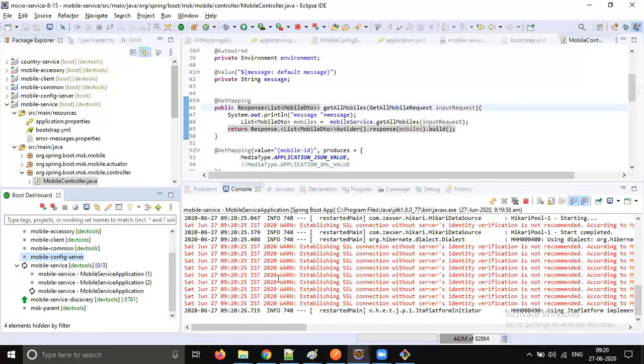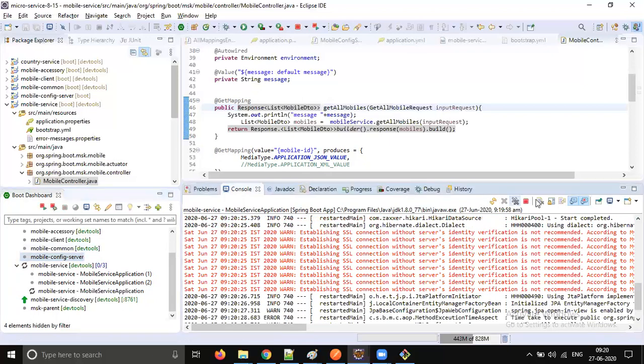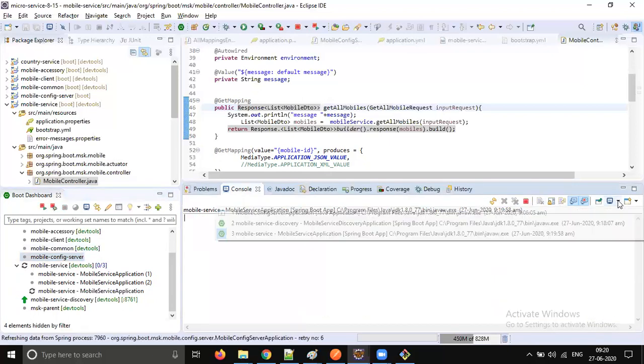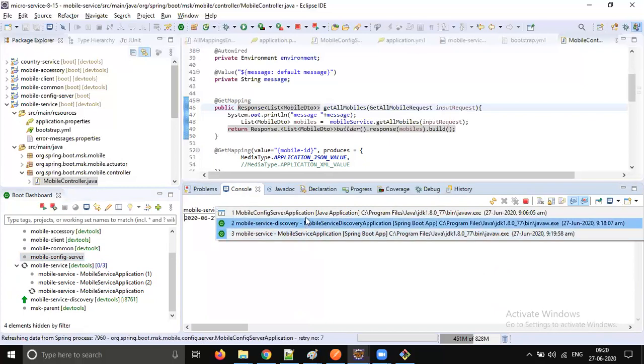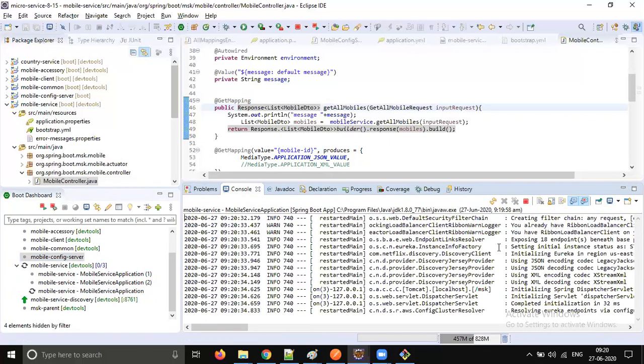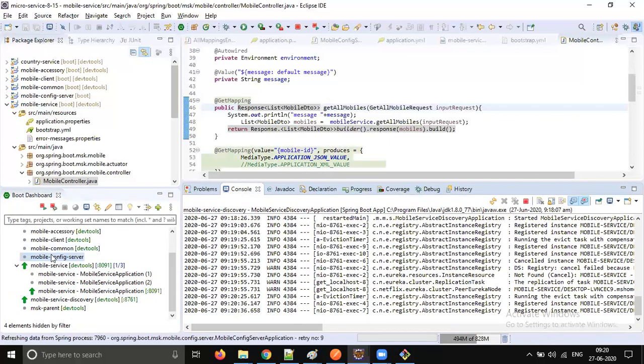What happened? The config server is not started. Okay, I think the config server is already running. Fine. We started it as a main method application, so that's why it's not listed here.